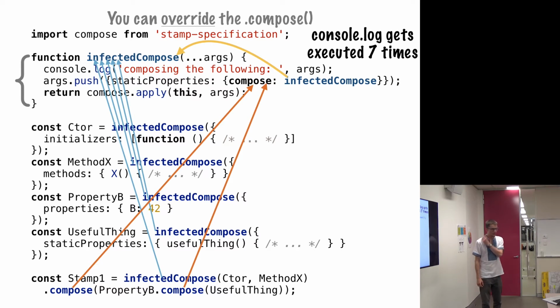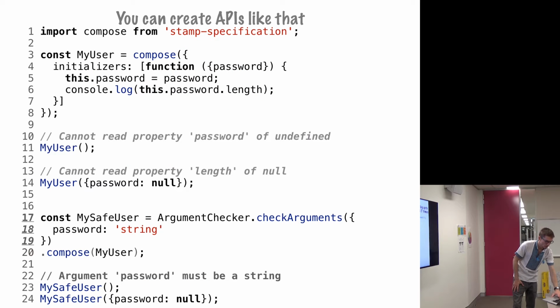I really like how the dependency injection here works. You can inject dependency like this with a composition, and then in real time, whenever you create an object, you pass your arguments to your stamps. Stamps, of course, accept arguments, and those arguments are available in the initializers, if you still remember what initializers are. One more thing,